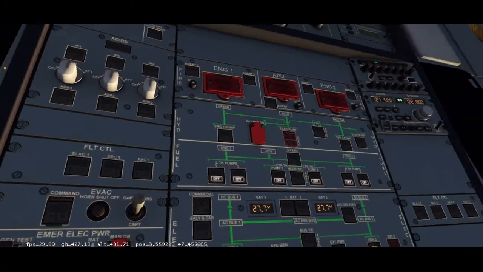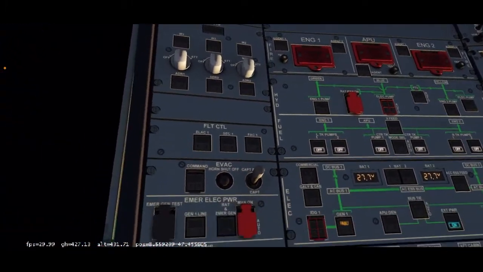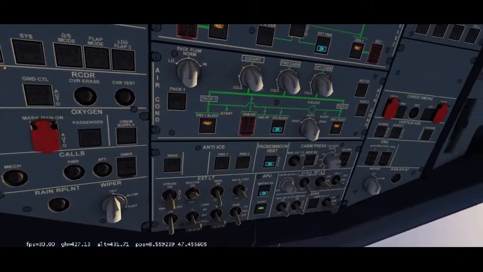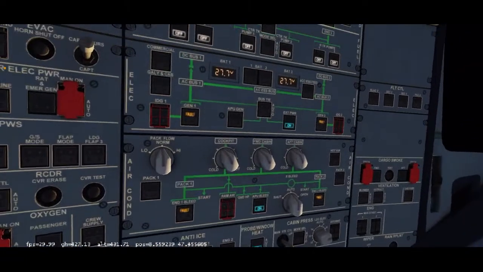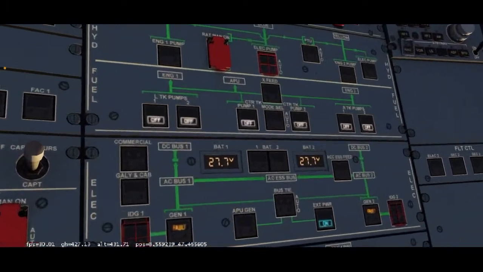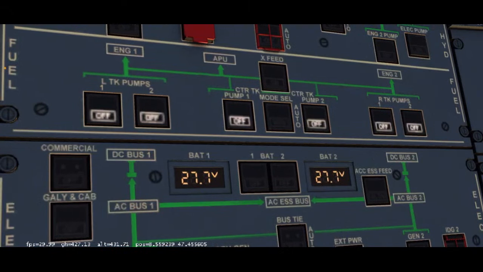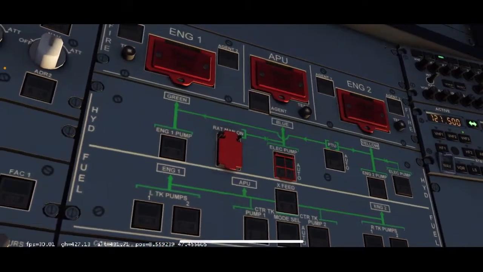Now you're going to go from the left to the right and just go down. Make sure that there's no white on here. You're going to start from the bottom here, and whoop, boop, boop. Aha! There are 6 white lights here. These are your fuel pumps. You're going to want to turn these on. This is for your engines. It basically allows the fuel to get to the engines, from my understanding. So if you see white lights, click them. 1, 2, 3, 4, 5, 6. There we go.